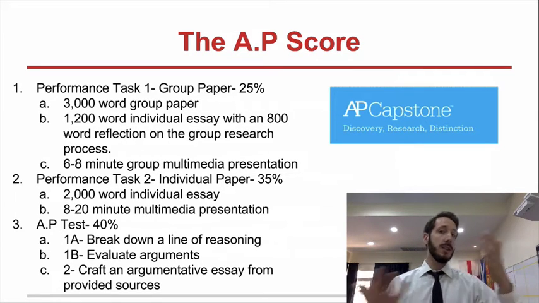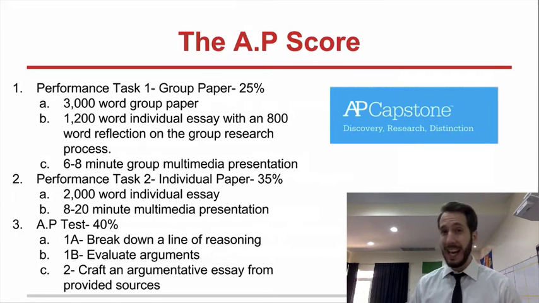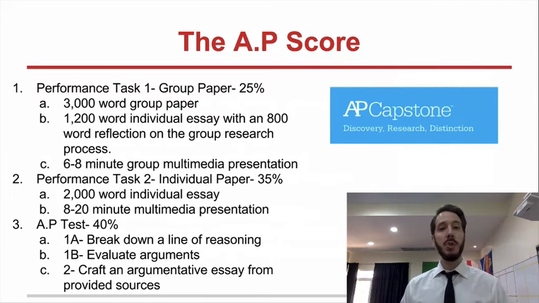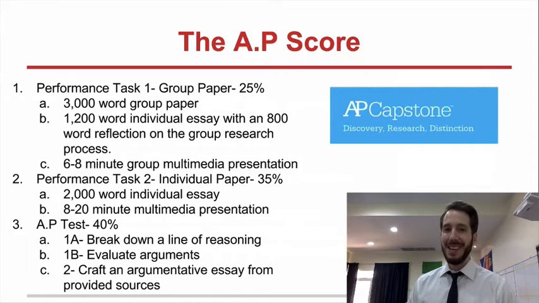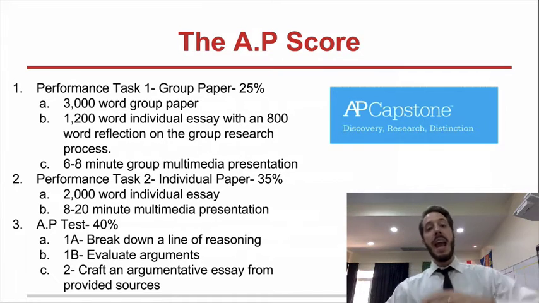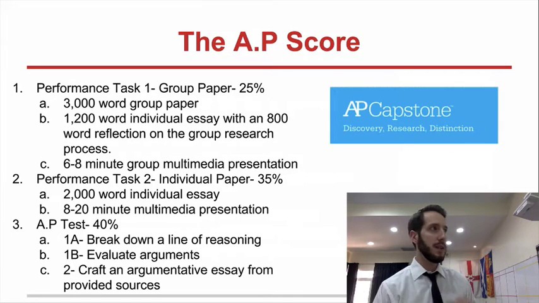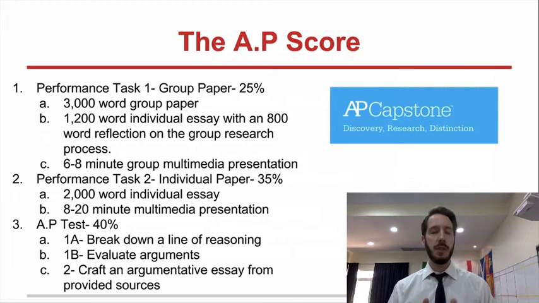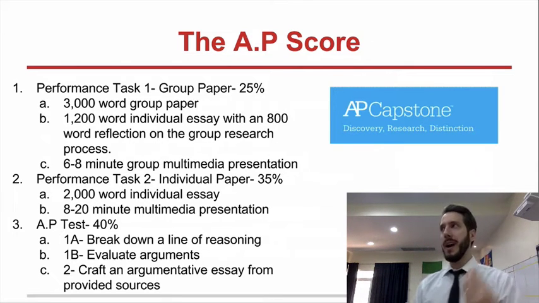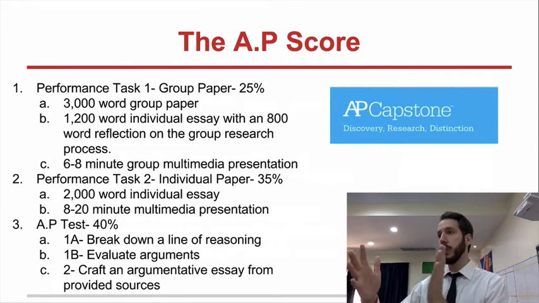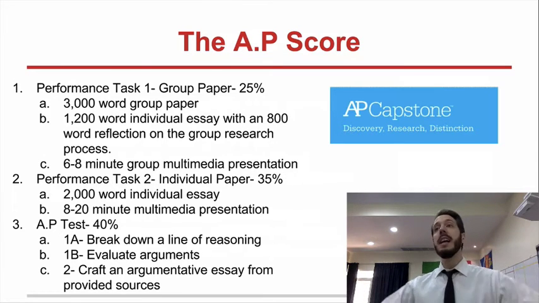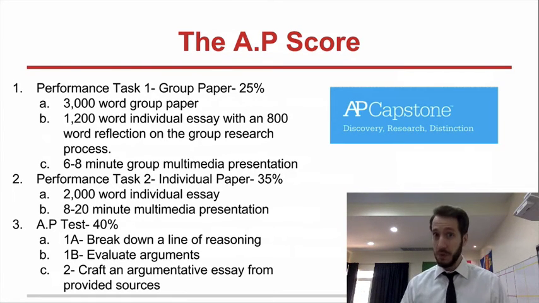The second part that you're assessed on, the second performance task, is an individual essay. This is a 2,000-word essay with a 10-minute multimedia presentation, not 20, sorry about the typo. And that is going to be on a particular theme. What's going to happen is AP is going to give you about 4 to 6 different sources, generally around a particular theme. You take one of those sources and you compare that with different interests that you have in order to develop a research question and a topic to study. Now, I will go through that process with you, so don't freak out if you don't know how to do that right now.